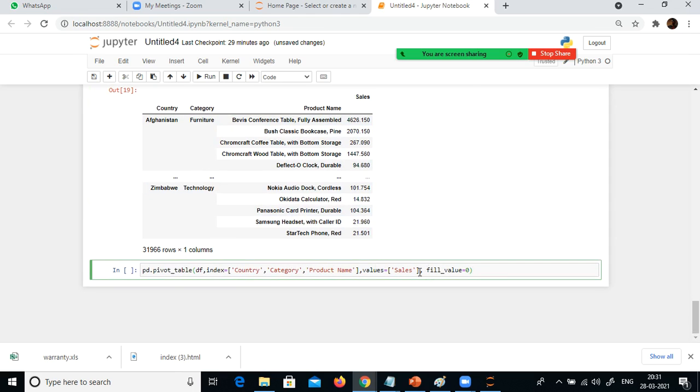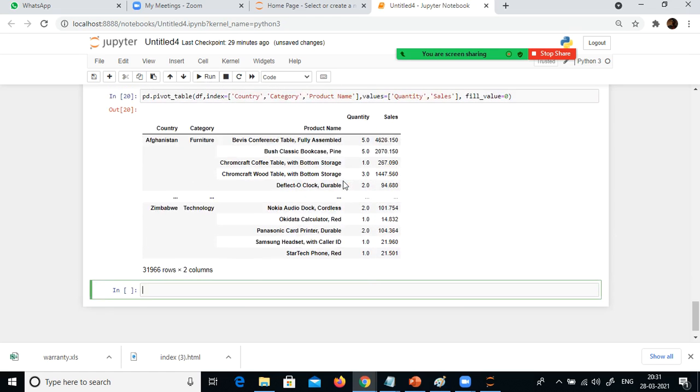Okay, I'm going to add an additional column along with sales. I wanted to see the quantity. Say you are a sales manager. You wanted to see what sales happened in each category and product in total. Along with that, if you want to see the quantity, by looking at this you can see that if I include quantity, it gives me additional insight. So we sold 5 items here, and this is the only one item we sold. Fine. So this is how you can include additional columns in your values.